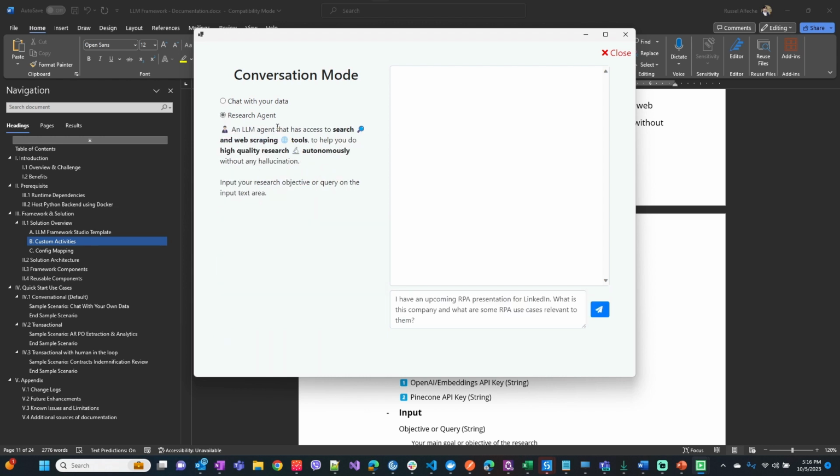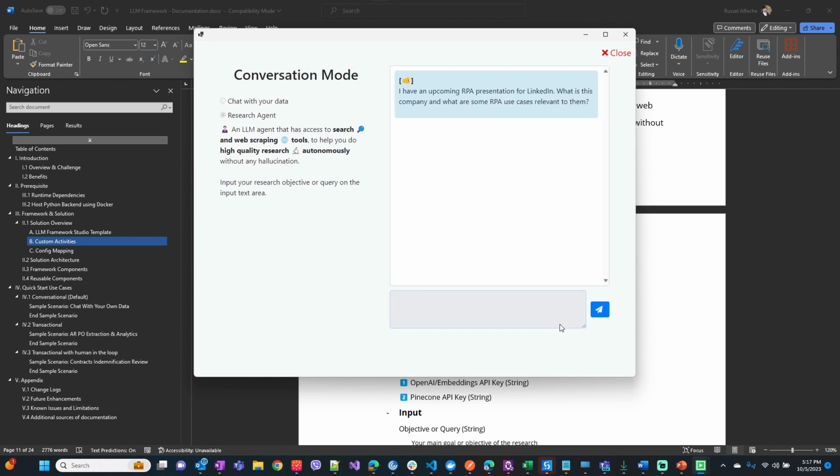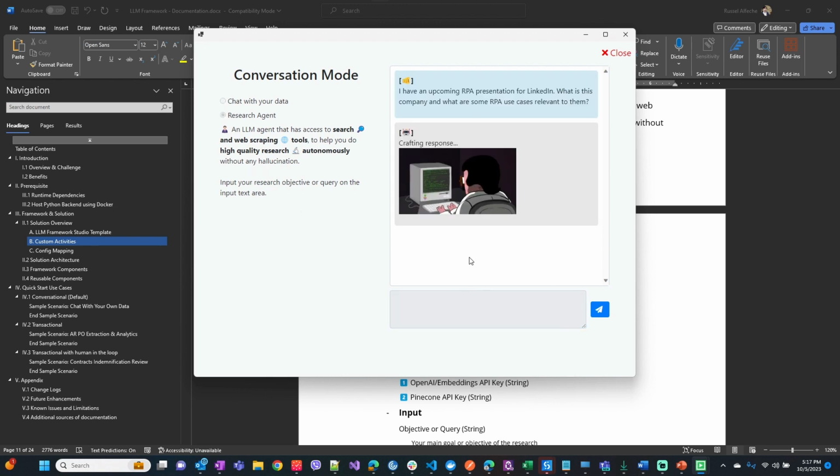Now you have the option to do a research agent. Let's see, and there's a default text here which you can change based on your research objective or query. Let's say, for example, you have an upcoming presentation for LinkedIn. What is this company and what are some RPA use cases relevant to them? So you can just hit enter, and then it will do the